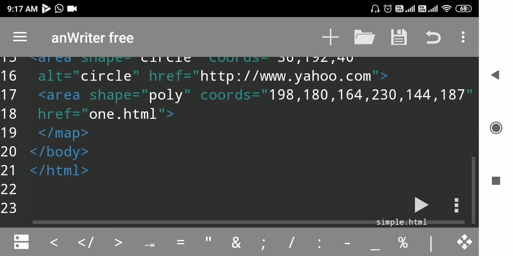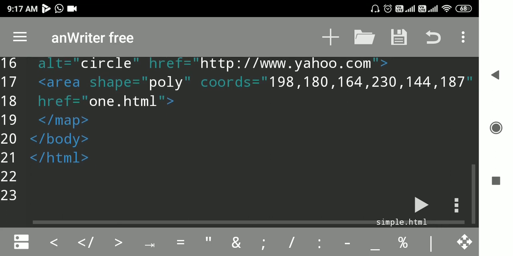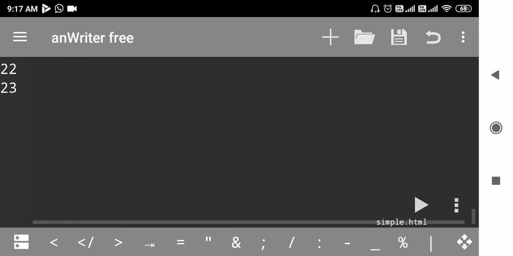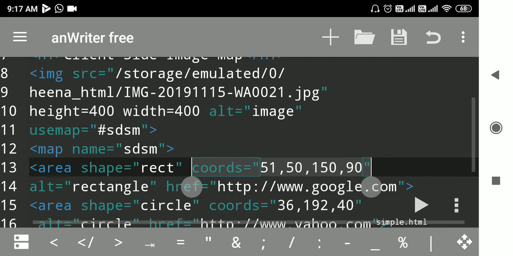After that we use href equal to one.html, which means we are going to connect this shape with a simple HTML web page which we already stored in a folder. After that /map, /body and /html. This is nothing but the simple code for a client-side image map.